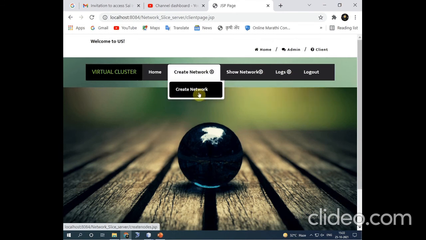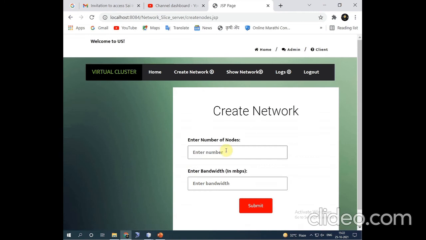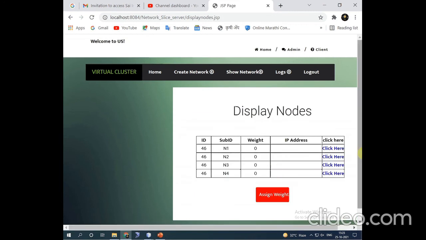In create network, we can create the network with the number of nodes. If we select it as 4 and the bandwidth as 100, it will create a network for us with the number of 4 nodes. Here we can see the number of nodes we have created, n1, n2, n3, n4. After clicking here, we can give IP address to it.